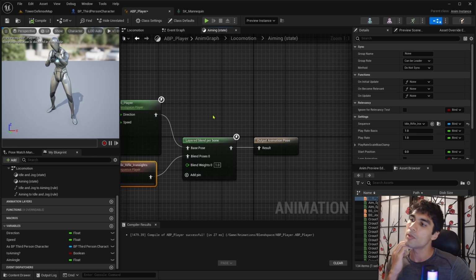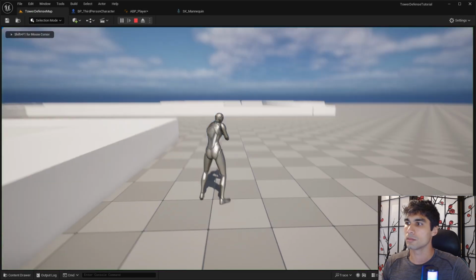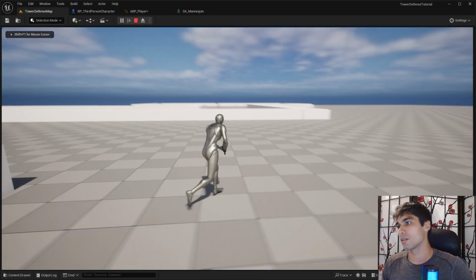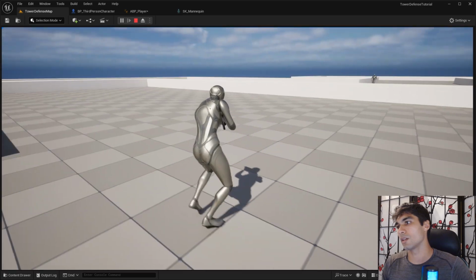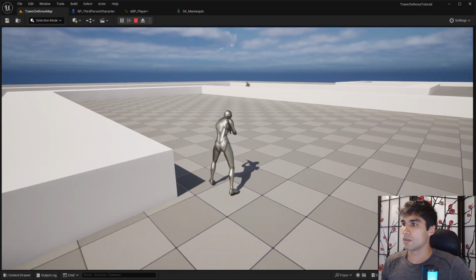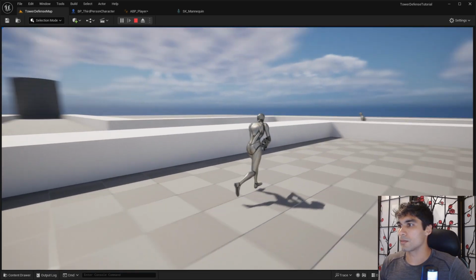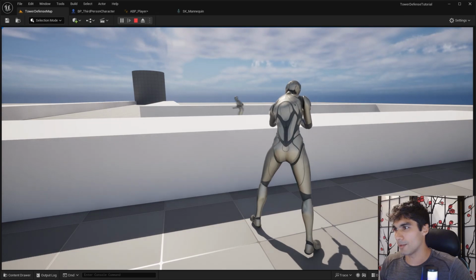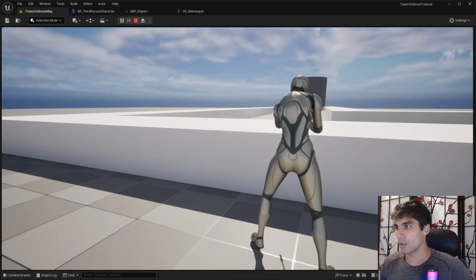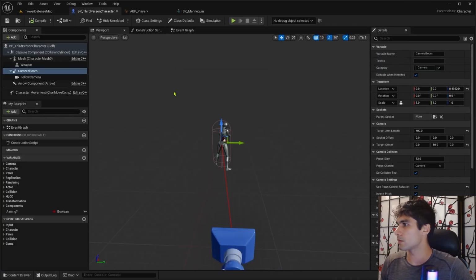Go. Leave the blend weight at 1. It's fine, I think. Okay, so I'm now aiming, and it looks good. I want to aim the camera a little bit more up. I'm kind of at waist level when I'm zooming in, and I want to be a little bit higher up. So if I take this,